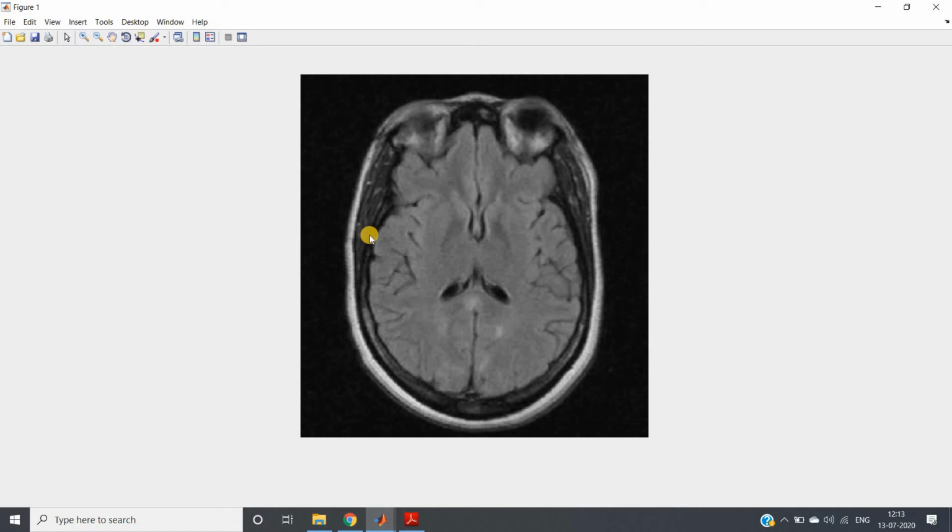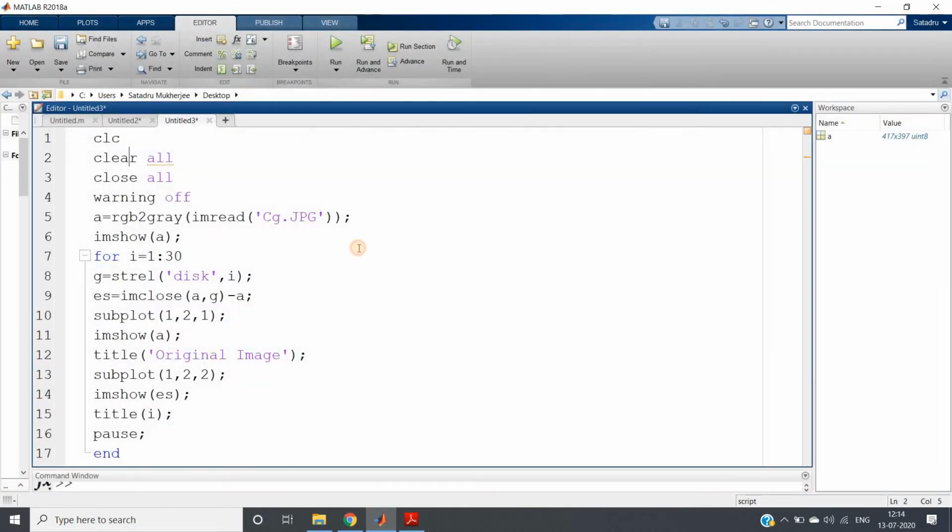In that case we can use black top hat transformation, and as a result this particular border part, which you can see is darker, and here in this part which are darker but surrounded by brighter part, those will be highlighted if you take black top hat transformation. And to implement that I have taken different sizes of structuring element.